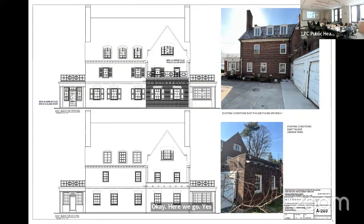That comes back to an old application where we're completely rebuilding that component, the brick garage that is falling down. And so we actually coursed all the brick. It's only illustrated here because it will be rebuilt in kind. So it's not part of this application. Okay. So this application is just for the replacement of the windows, which are wood windows,